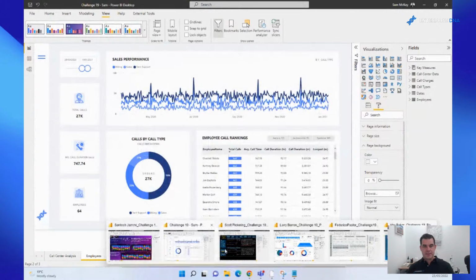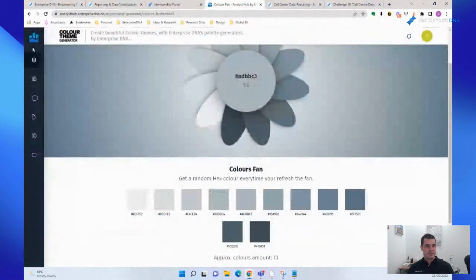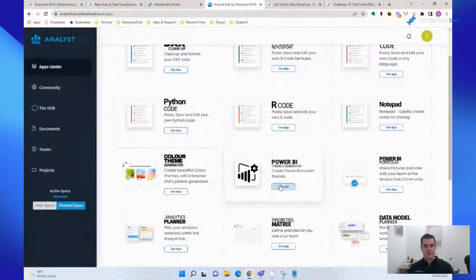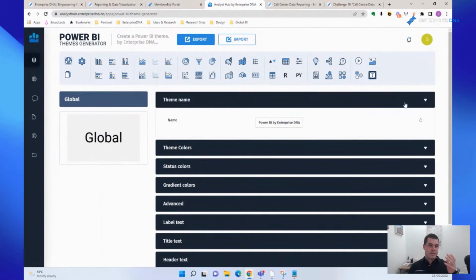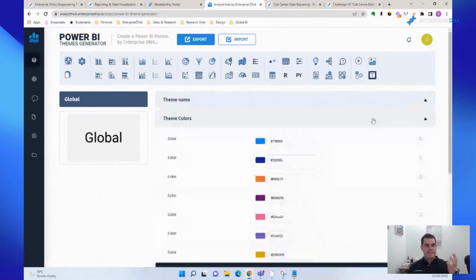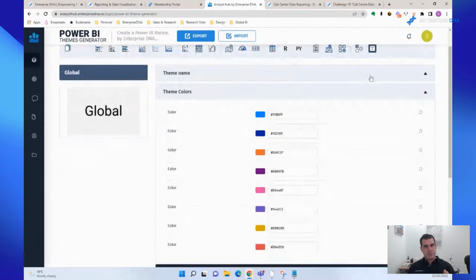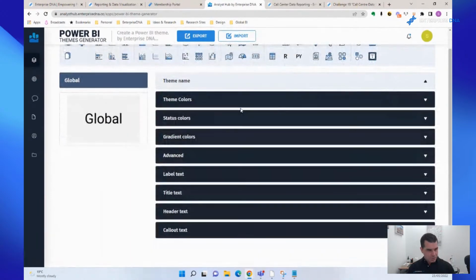Another really awesome tool we've developed and are continuing to develop is our theme generator. I think it is one of the best, if not the best, way to comprehensively build your entire theme in your Power BI reports. The idea behind this is we wanted to be able to change the theme, but not just the colors.